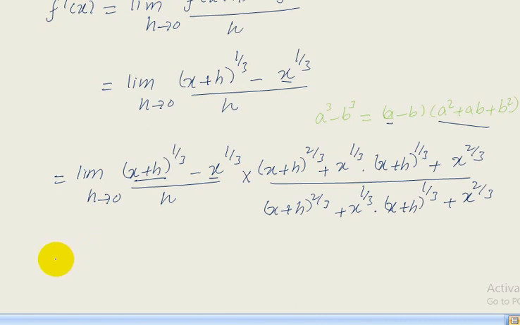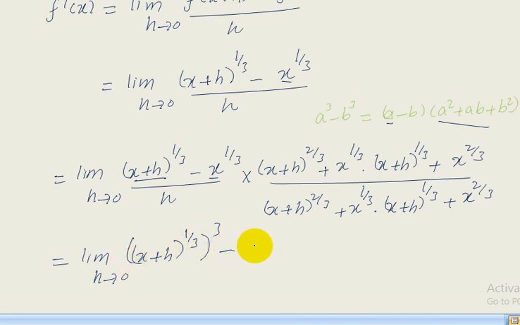So by this relation we can write it as limit h approaches to 0, cube root of x plus h whole cube. So it becomes x plus h power 1 upon 3 whole cube